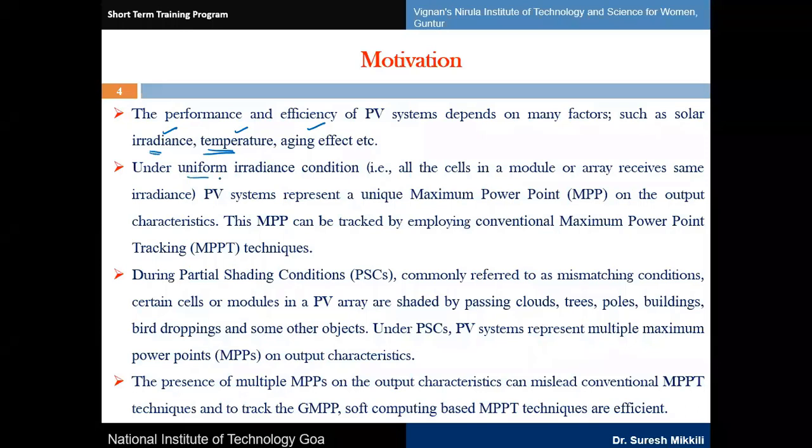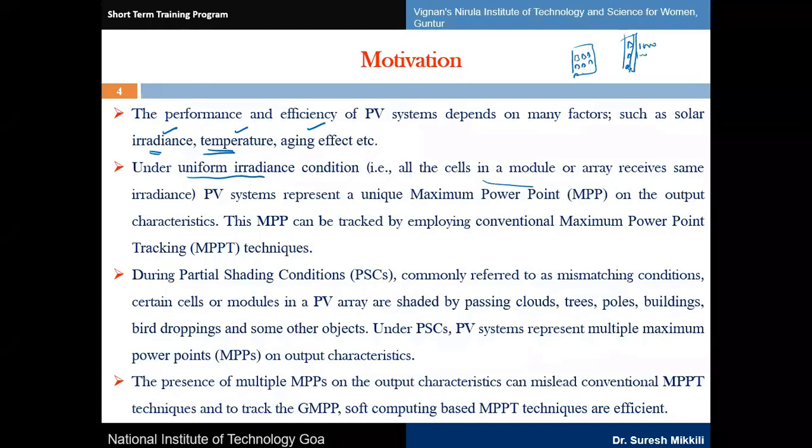Under standard uniform conditions, suppose there are n number of cells in a PV panel, and all the cells in that module and all the modules in that particular array have the same irradiance, like 1000.